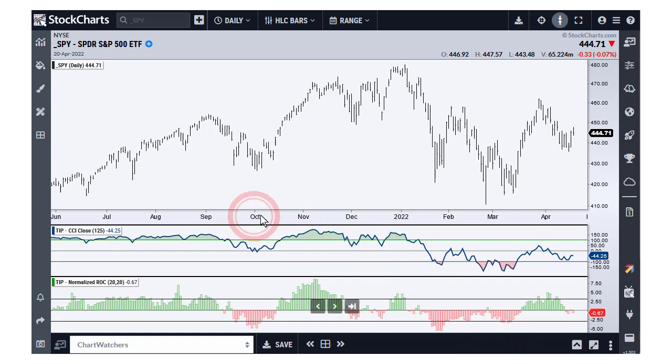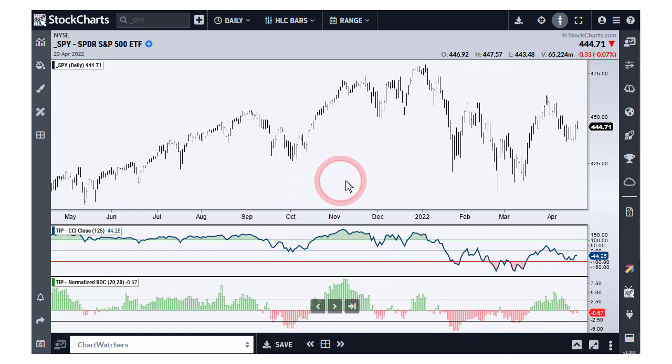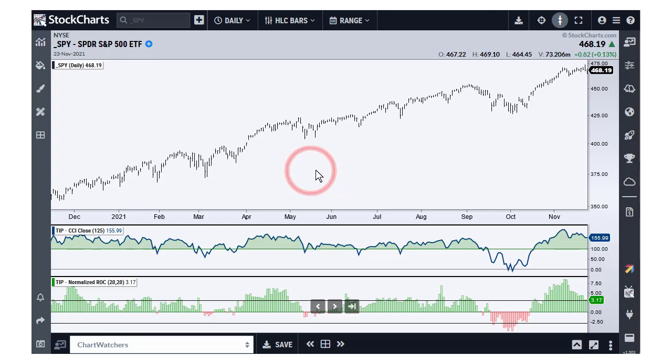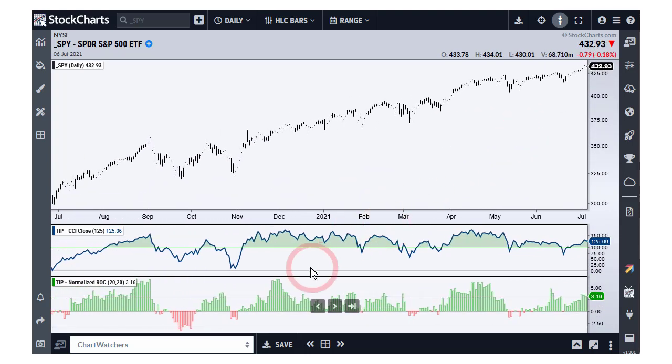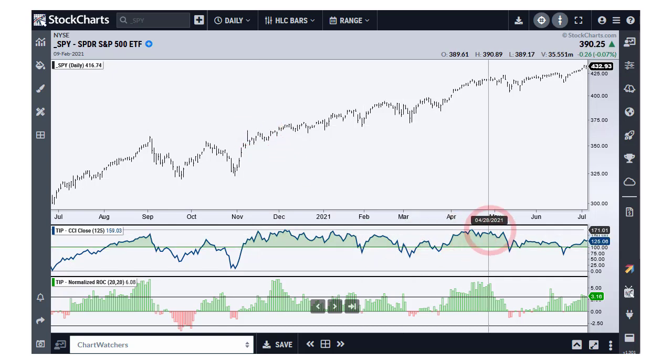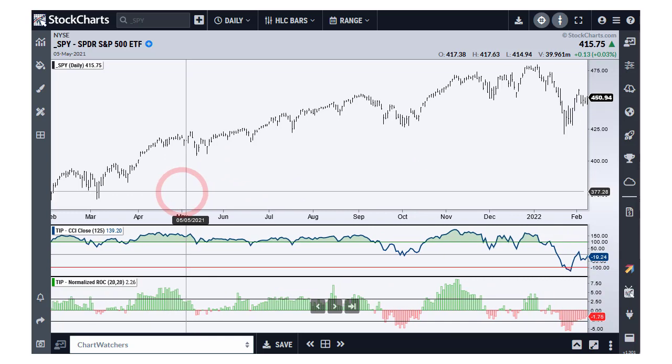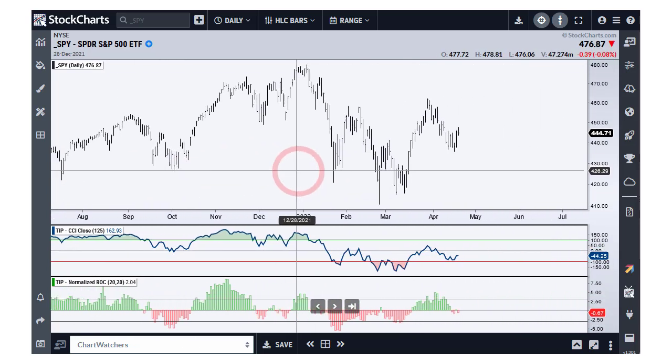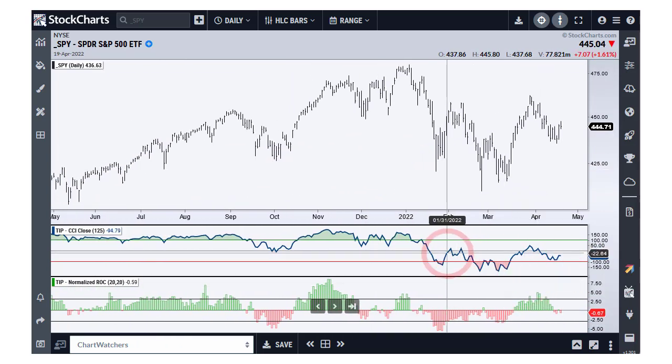So if we go back here to November of 2020, we can see that we had an outsized move there in October, actually, and then again there in early November, and that's when we were getting this breakout here. So it was combined with an outsized move. So that's important. And if we go back to the current situation here, we can see that this is a